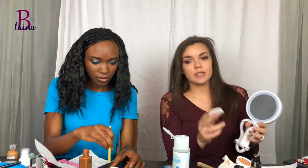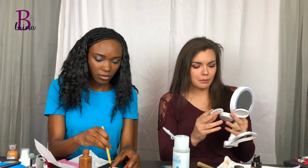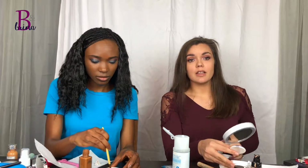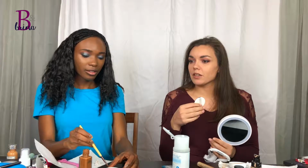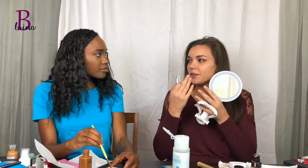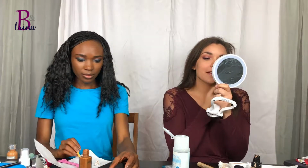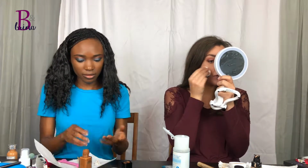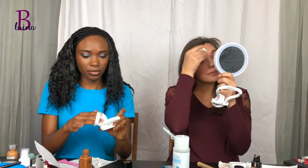That's my close-up one. So I do already have all of my makeup on, but maybe if I throw this in my purse or something, if I'm out and about and I need to do some retouching, if I'm really dry, this would be really good to take on a beach trip or something. If you're at the beach and you're going to dinner afterwards and you feel dry and you just wipe your face down and want to put just a tiny bit of coverage just to head out to dinner afterwards, that's why I think cushions are a great summery product. Not something heavy that you're looking for, not a full coverage foundation, but